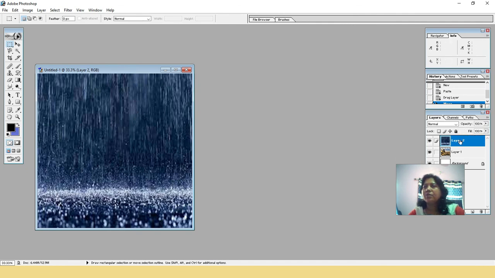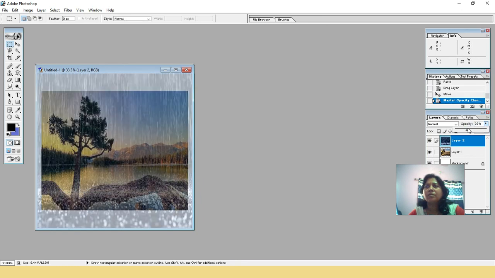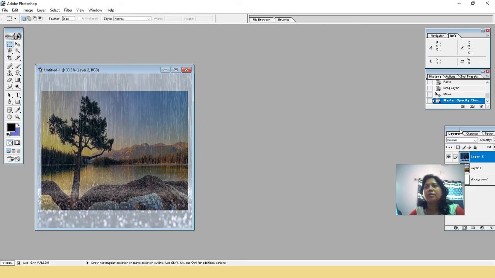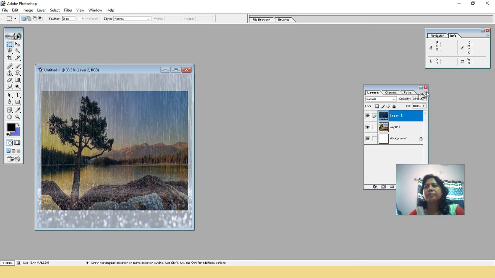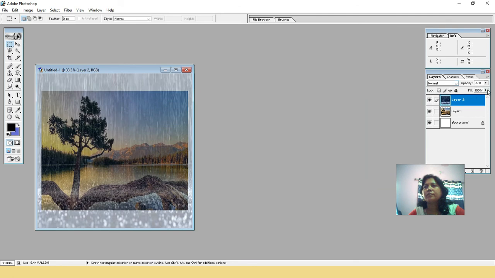As this layer 2 is activated, the fill option is there.